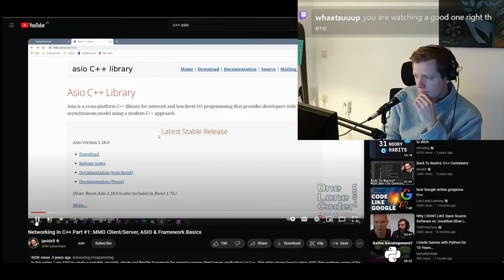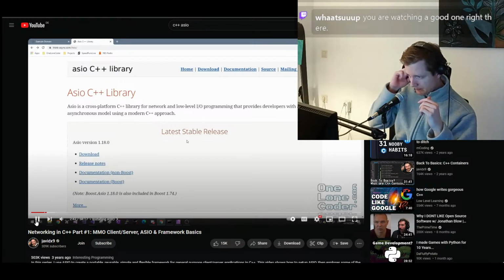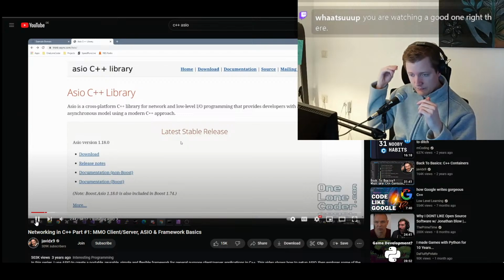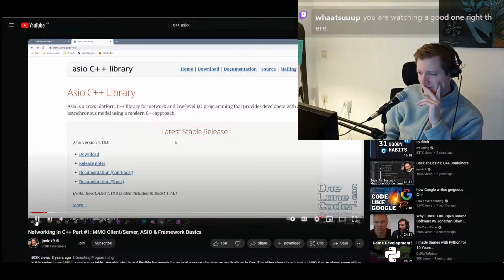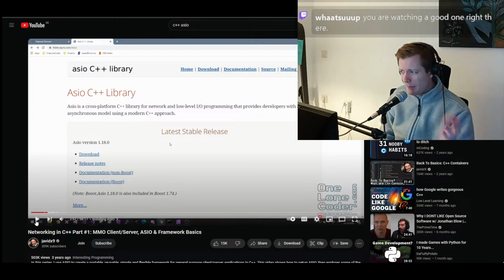No, Boost is a bit of a playground for C++ features, and many of those features eventually make their way into the standard. I can already hear the collective groans of people going, oh no, not Boost. Well, fortunately, ASIO has a non-Boost version, so we don't need the